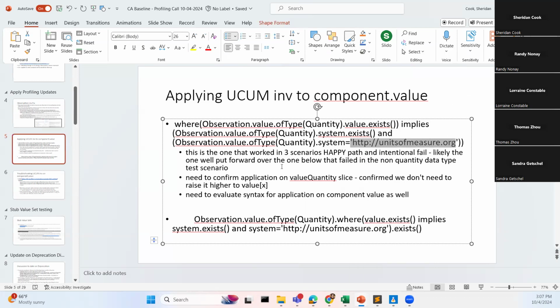We did an evaluation of this FHIR path on the application of observation value, and we're really happy with it, right? We tested against our happy path tests correctly, and it even successfully picked up what we wanted it to pick up in our intentional fail. So we were really happy with that, and so we spent the last profiling call going through how we might